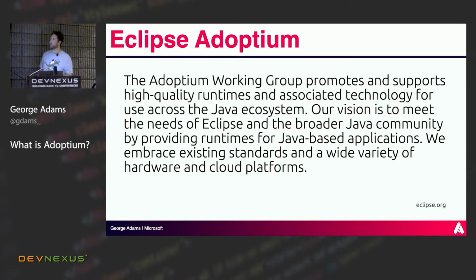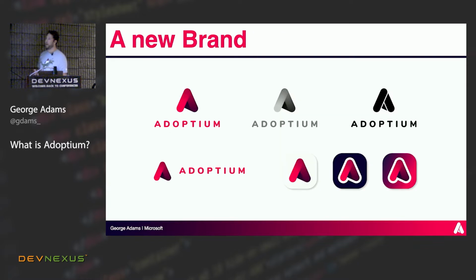And I'll quickly put this up on the slide. It's a lot of text, and I appreciate you probably don't want to read it. But that was the kind of goal when we set out to put this thing together. And we got a new brand, which was really nice. I think the old AdoptOpenJDK logo was actually created by myself on a plane using PowerPoint, so it kind of stuck far too long. So I was pleased that we actually got a chance to use real designers.